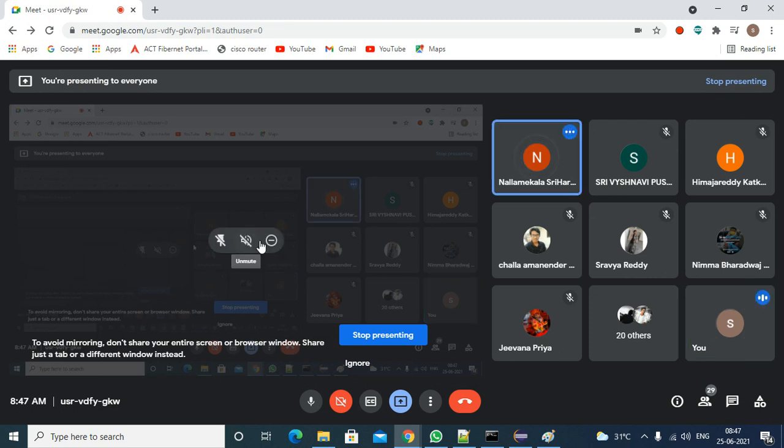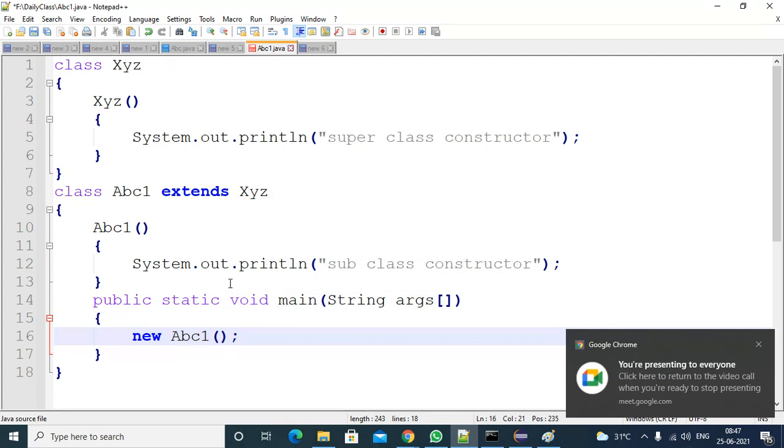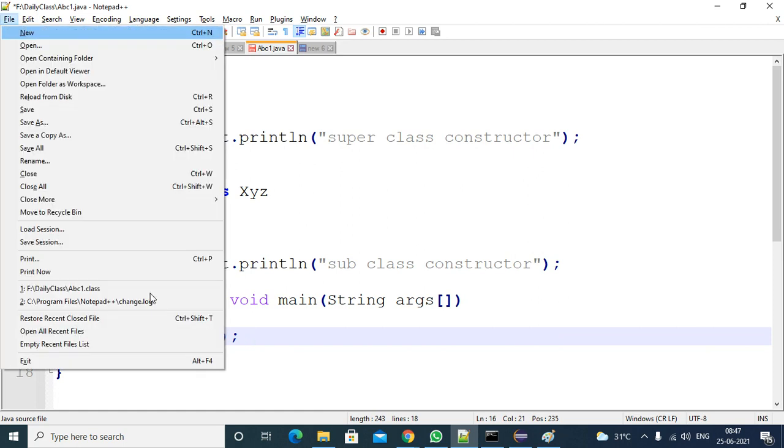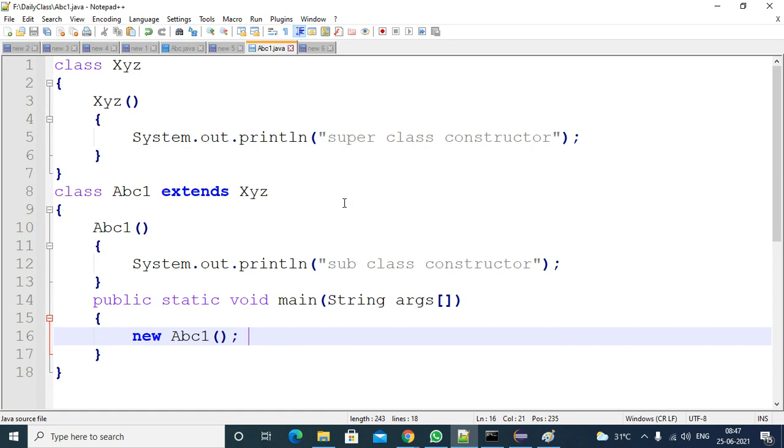Both, sir. Both. Yeah, both. How will you get both? Since ABC1 is a child and XYZ is the parent, it extends that, so both will fit. Okay. So what is happening internally? We need to understand, right? In this case, you will get both. First, which one will be printed?